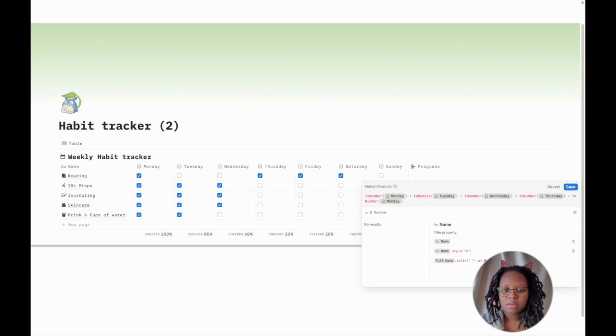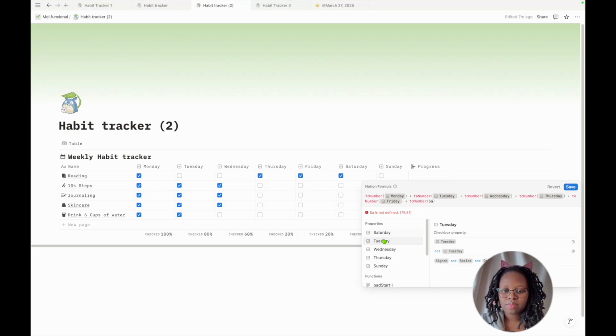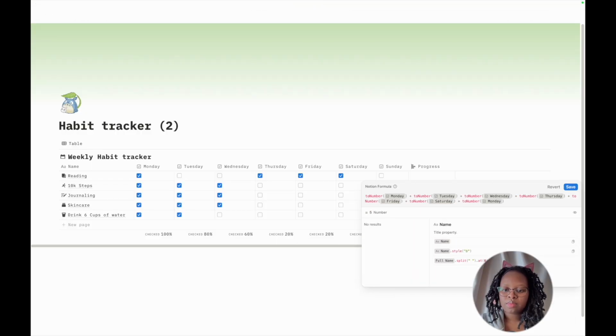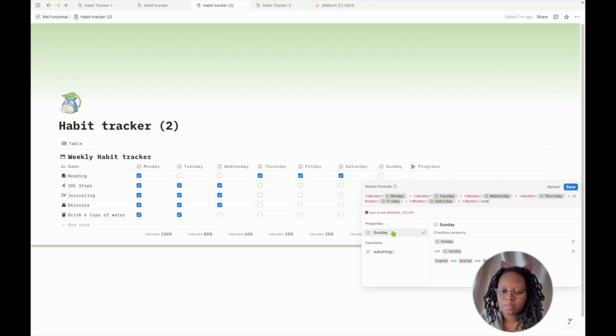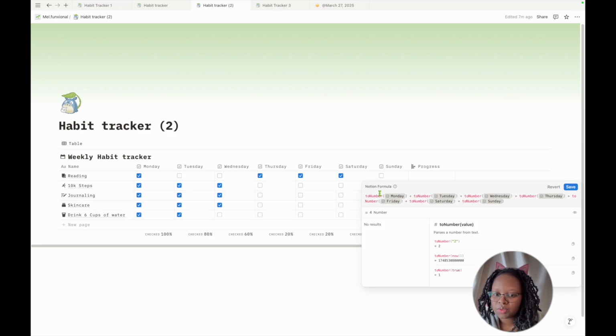Thursday, and then that's Friday. Alright, so we have all the days of the week added, and I'm just gonna put them all in a